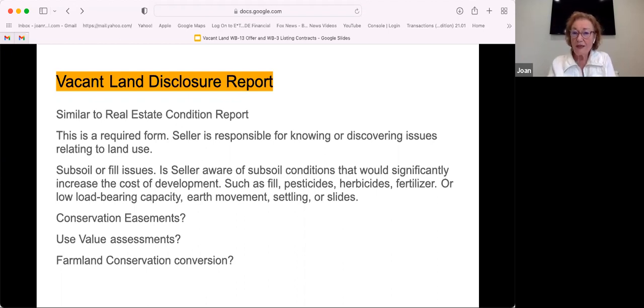And this is what I referred to at the beginning of the thing. We were talking about subsoil or fill issues. If it's in a subdivision, you still would want a subsoil contingency. Sometimes the seller already has done those subsoil tests, and they'll just deliver to you and your buyer the results of all the subsoil tests for each lot. If they haven't done subsoil tests, your offer to purchase is telling the seller, you tell me what the subsoils are, or you pay for a subsoil test. And sometimes some developers say, no, go get your own subsoil test. And then you then have to hire a subsoil